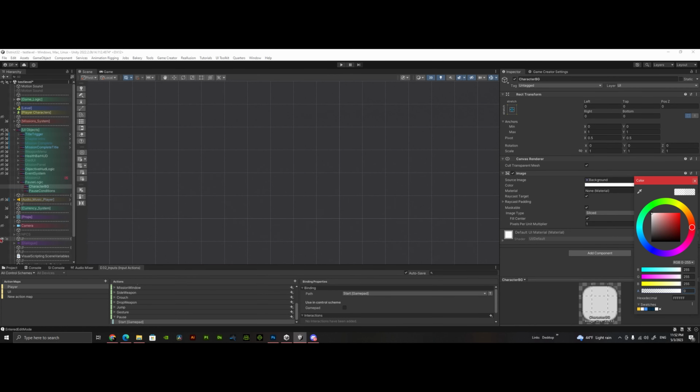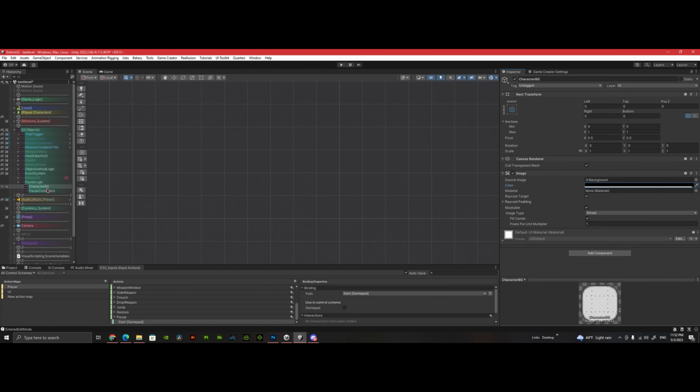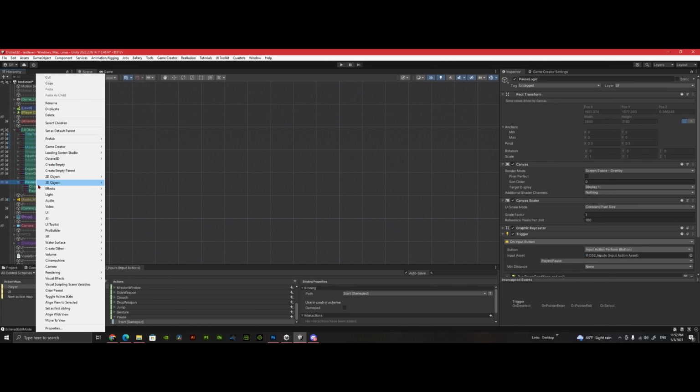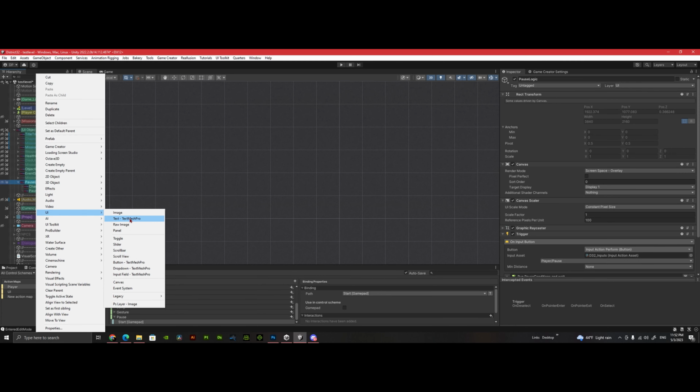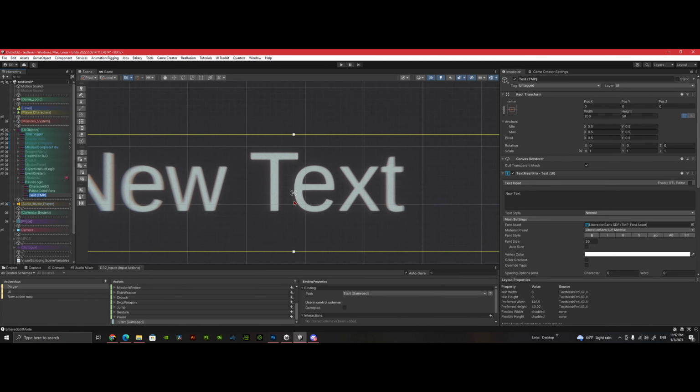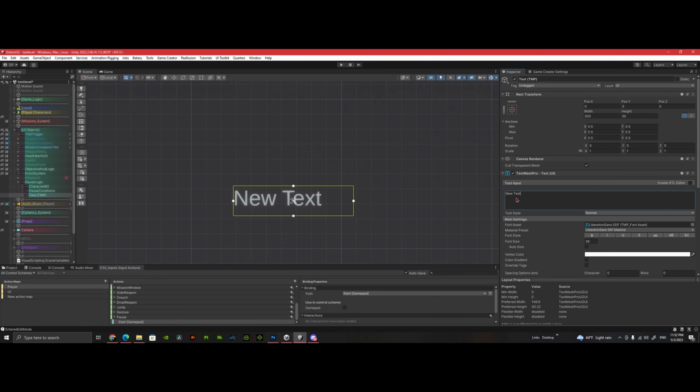I will be expanding on this in the future with custom backgrounds depending on the character that you're controlling and playing with. And you'll see that in episode 3. So right now, I'm making a Text Mesh Pro text and just fiddling around, just trying to figure out how big I want this font to be. Nothing special here, but